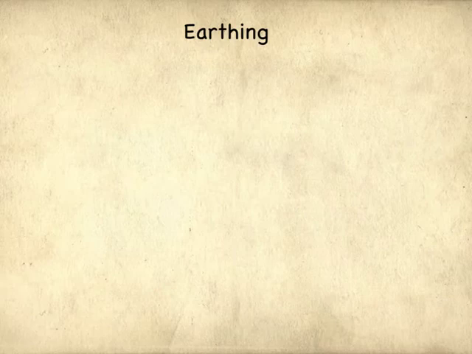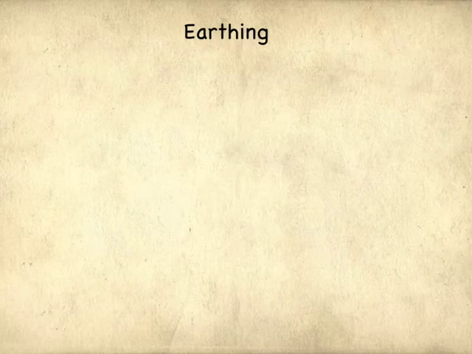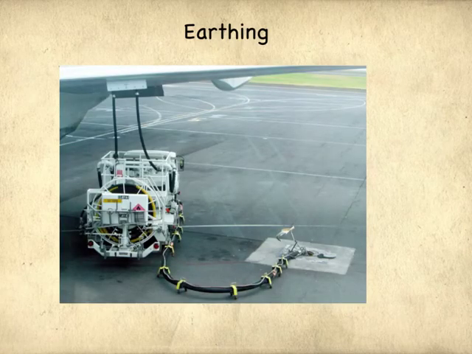Although a lot of the electrons are removed from the plane, it still needs to be earthed. Now, it especially needs to be earthed before it can be fueled. You can see in this picture that the fuel going into the plane has two cables going into it. One is delivering the fuel, but before that happens, there is a metal connection here which carries any spare electrons down into the earth, and it just spreads around all this